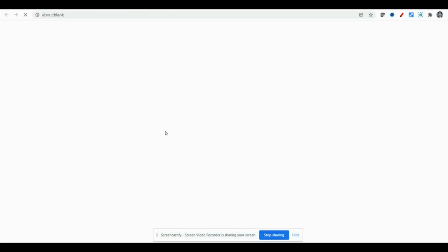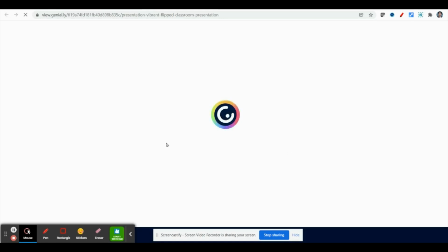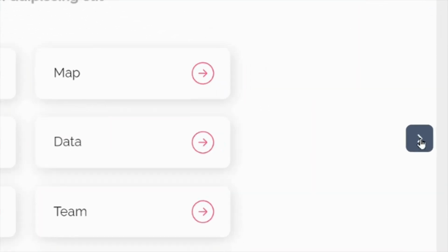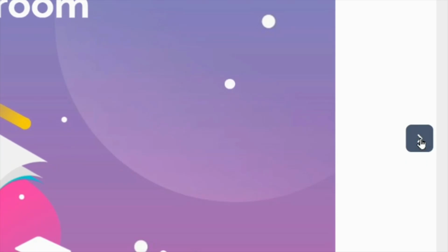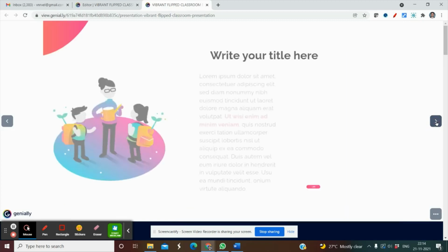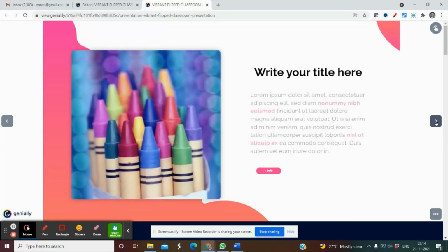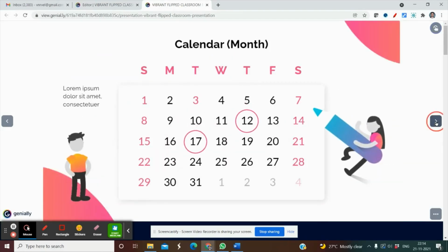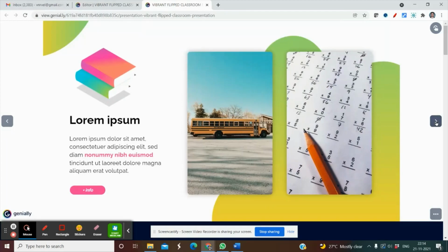You can present your own content. If you click this present option, you get a page, so we can have a presentation mode. On the right side you can find the right arrow option. If you click it, it will change the slide. These are the slides we have edited. This is the pre-made slides. For demo purposes, I am simply using this presentation. See here, everything is available, so we can make an attractive presentation related to our topic.